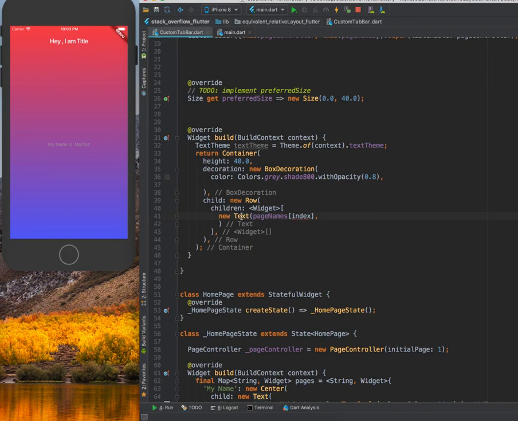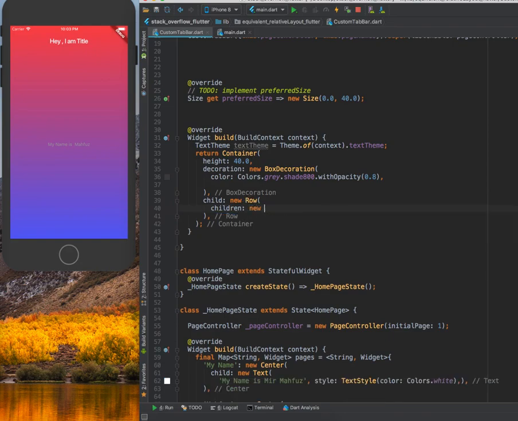Before we take index we need a list, so here we pass a list generate, new list dot generate, because we are going to generate a list from this. Okay, that's cool. Page name,